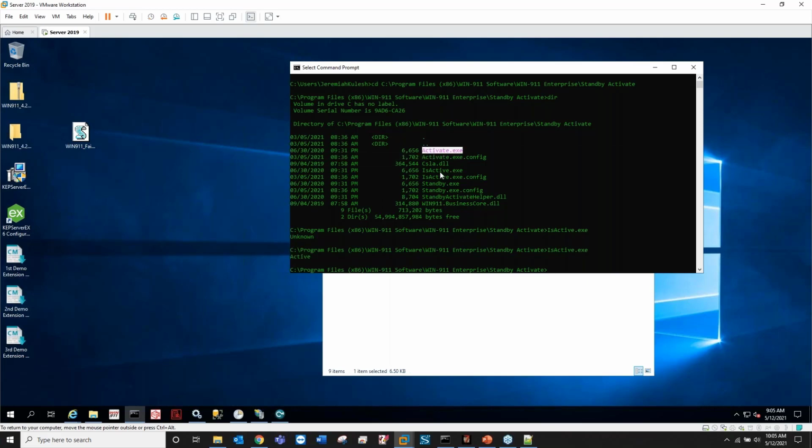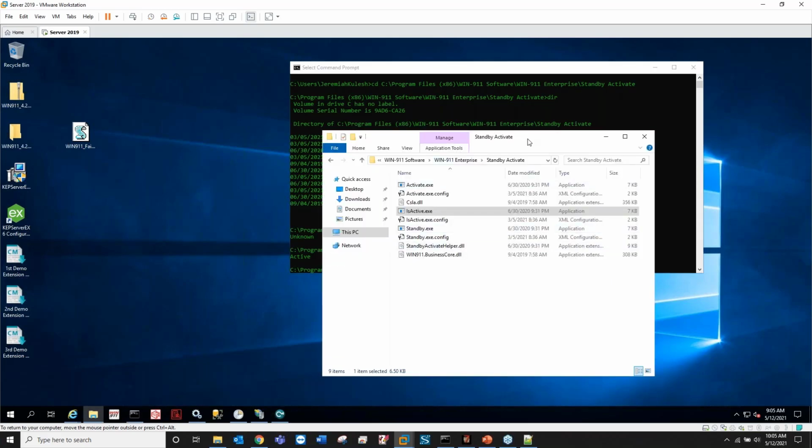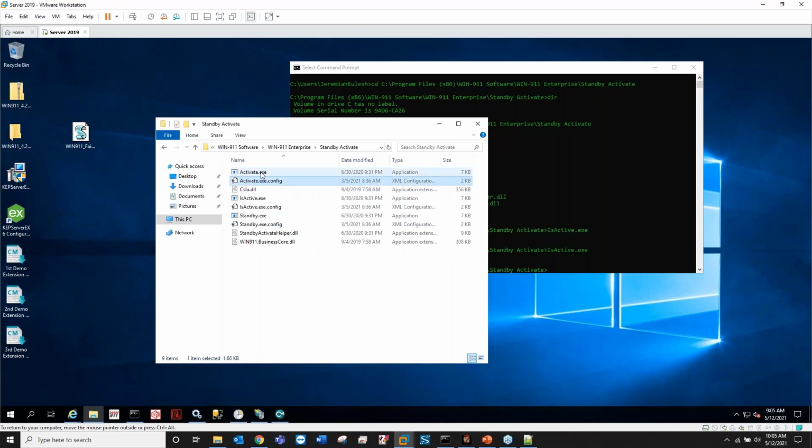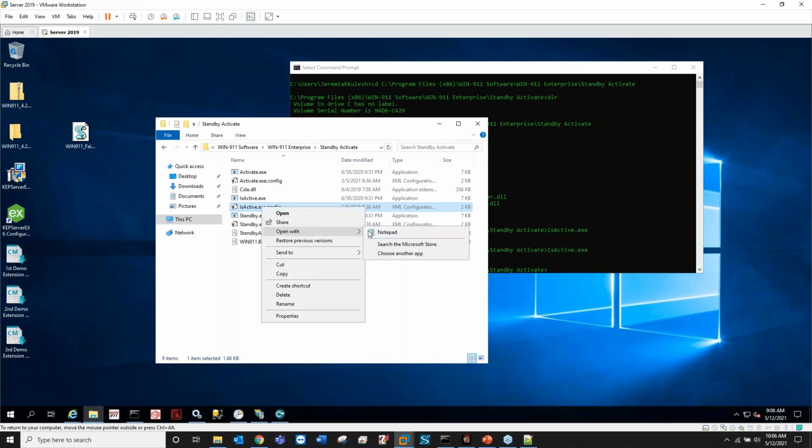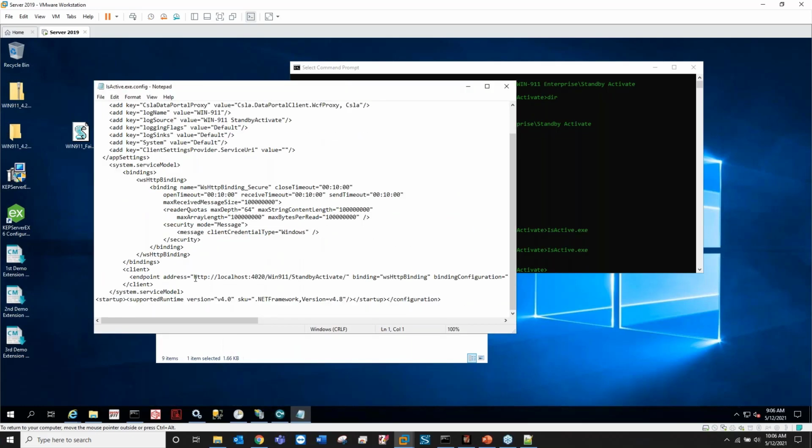And then same thing with the config files here, right? So if we go back to the directory itself and out of the command prompt, we have the config file for activate.exe, the config file for standby, as well as isActive. If you wanted to check what a different system is currently, so you can make your script say, hey, what is WIN-911 system B doing right now? You can just edit this config file in a notepad. And by default, here's your link. It's just looking at localhost. It's looking at itself, right? You just change this to the IP address of your other system,